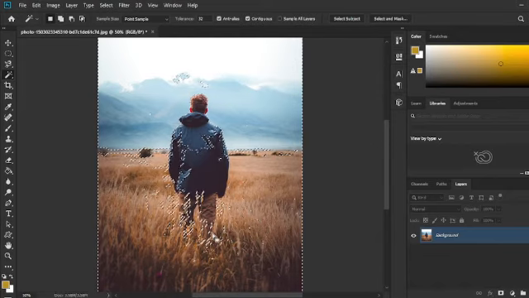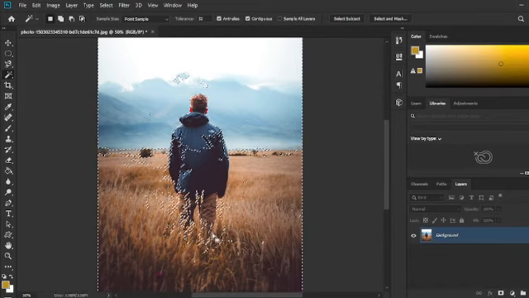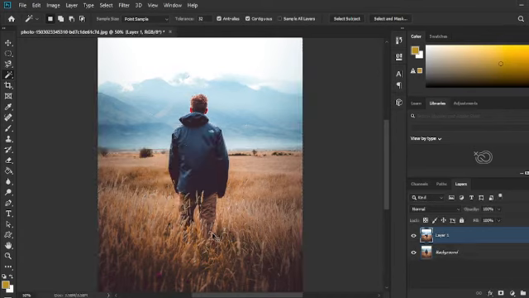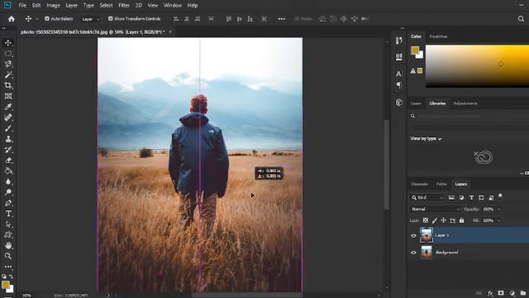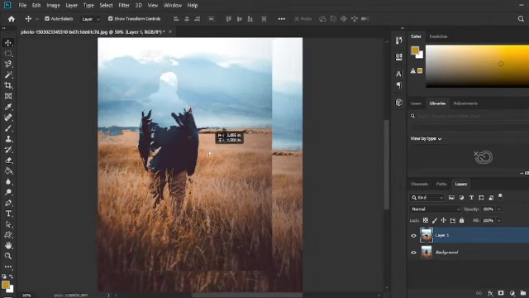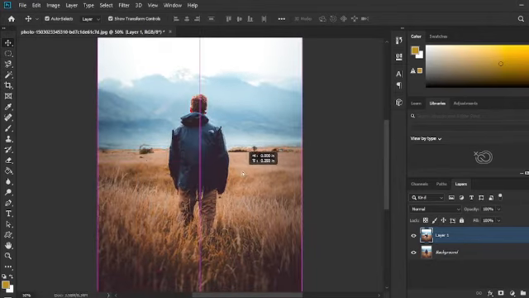Okay, now my selection is over. Now you need to press Ctrl J. Okay, now let's see what kind of image has arrived. Okay, now it's a little bit unsuccessful, but I did it roughly, you can do it